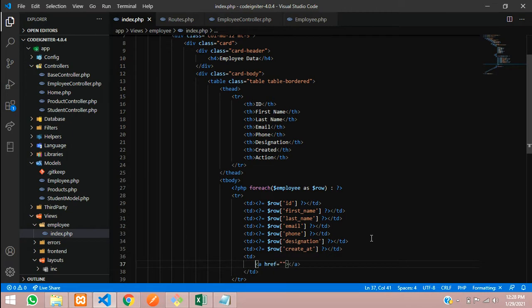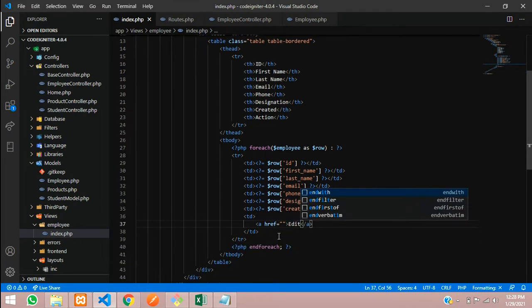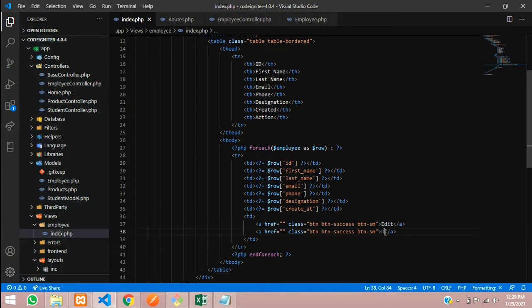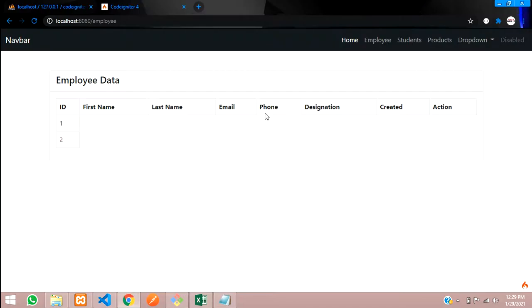Okay, so let us just create one simple button for that. Edit, class, where for the edit button we can give success, where I will design it with a small button. Copy and paste the same thing and make it delete, and change success to danger. Simple. Save it and let's check the output.